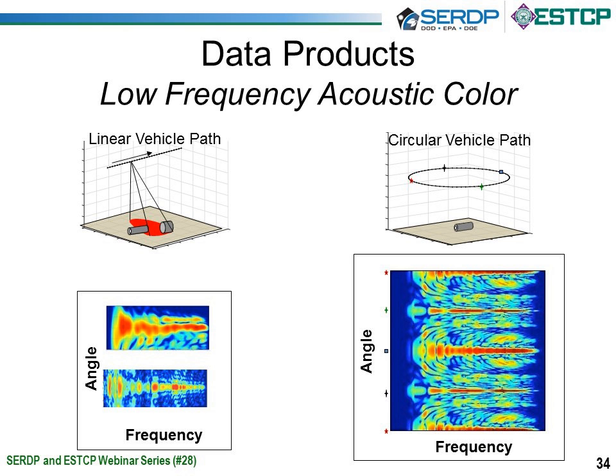Now these are examples of this acoustic frequency response data product, which we typically call acoustic color, for the different scan patterns. So you can see on the right-hand side for the circular scan pattern, we're looking at this object from all angles, from 360 degrees of angles. And so you get a lot of information here. So the angle span, the vertical axis on the bottom right image, spans from 0 to 360 degrees. And you can see a lot of symmetries in this acoustic color data product that can be exploited, or features, maybe resonance features, structural features that can be exploited to determine whether this is a UXO or this is a clutter object.